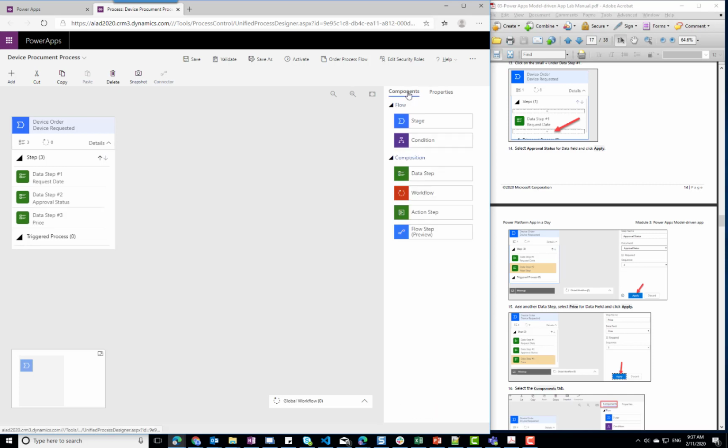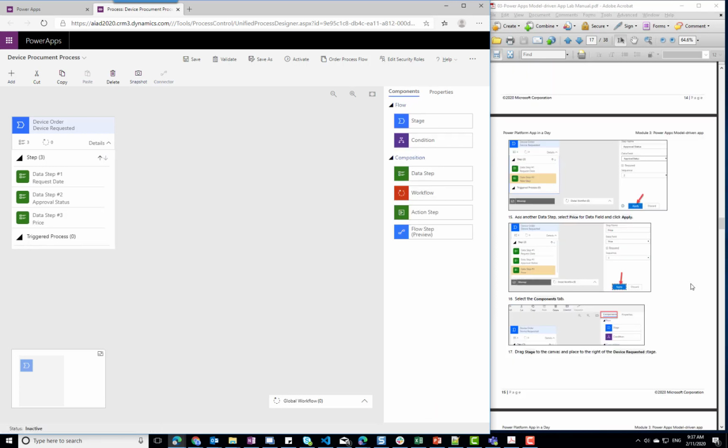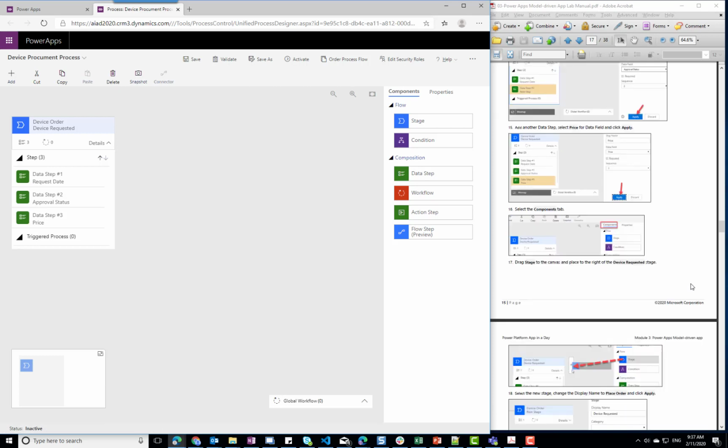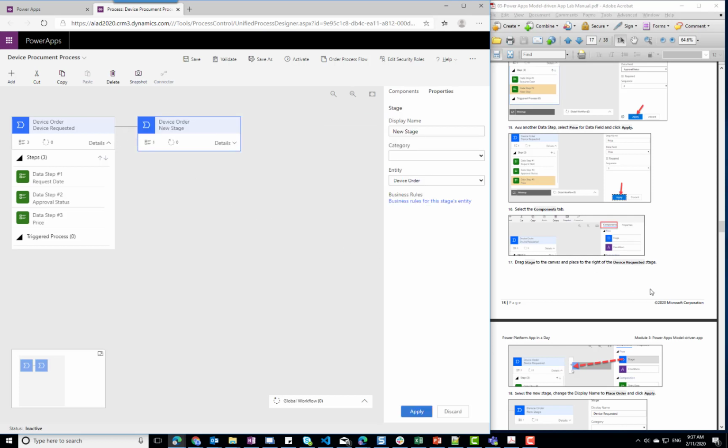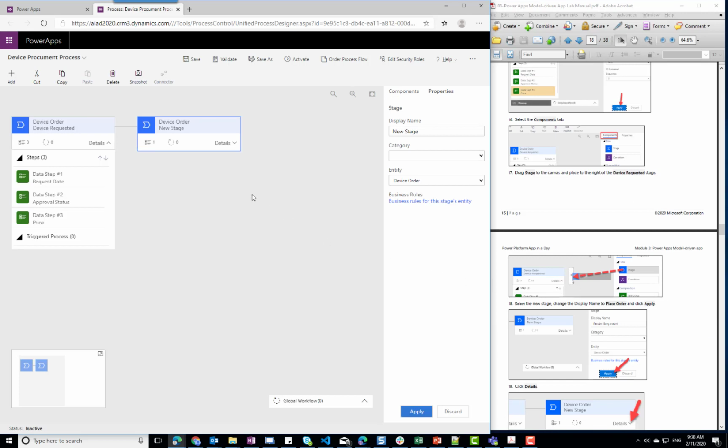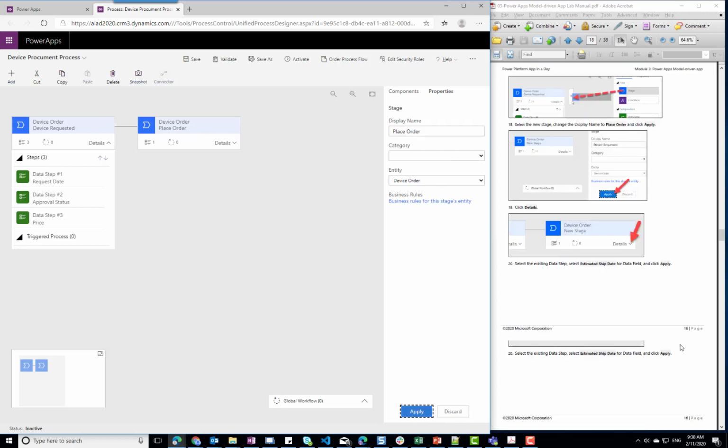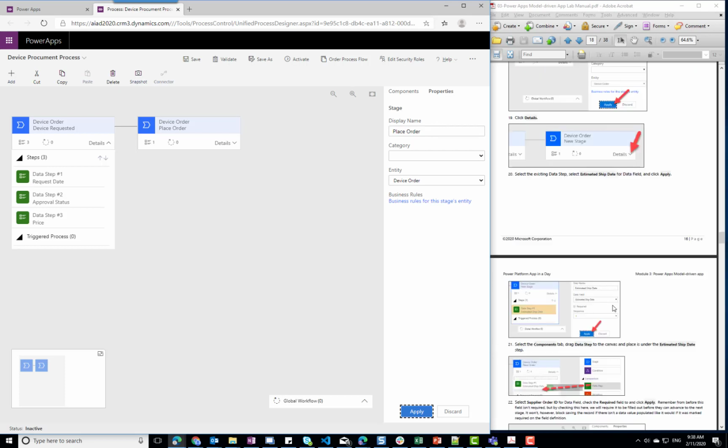Next, we'll go ahead and click on the Components tab to add another stage. So we'll click on the stage and drag it next to the first stage. We'll change the display name of this new stage to place order. And in the details,